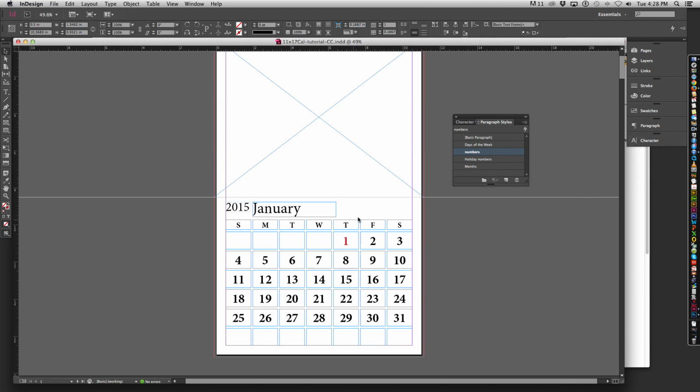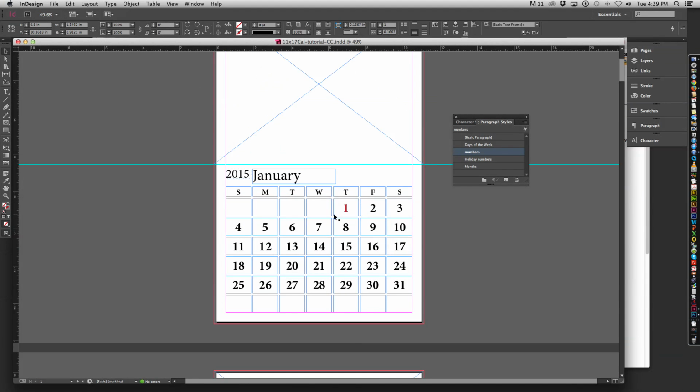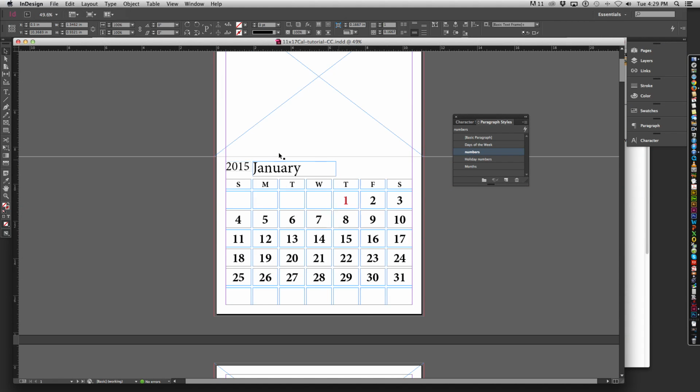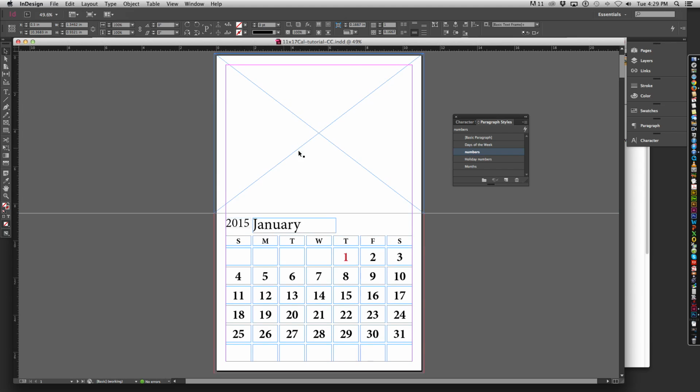we'll format text and work with graphic frames. We'll also work in master pages. So a calendar is a great way to learn the software. And that's what we're going to walk through right now. You can see that this is one I've kind of formatted and started working on, just to give you an idea of what we're going to do today. There's no picture here, but that's where you would place a picture, and hopefully we'll get to that